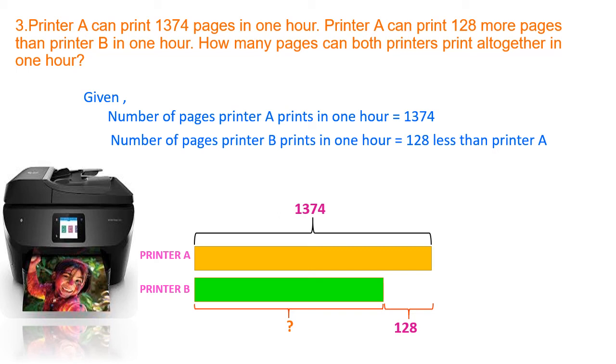And how we will be finding it? We just have to subtract the given numbers. So we will subtract 128 from 1374 to get the answer 1246. So basically the number of pages printer B prints in 1 hour is